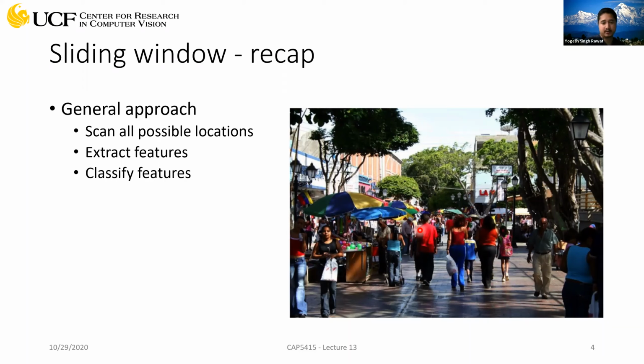And during testing, you again slide a window over the testing images, pass the extracted features from those locations to the trained classifier, and the classifier will tell you whether there is a person present or not. Based on that, for all the locations you can assign whether a person is present or not, and that will give you the results where you have